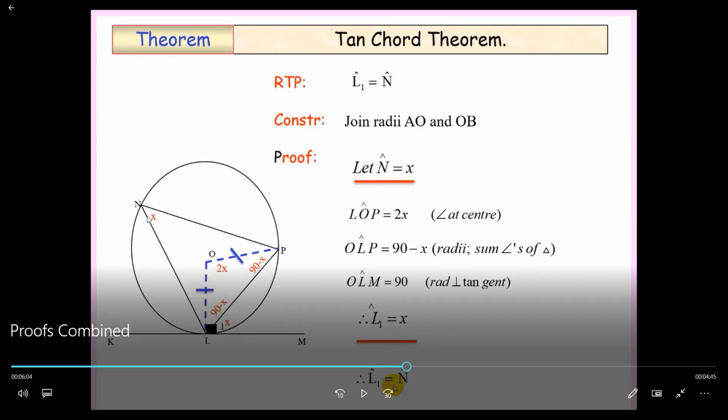So if I call N x, what is angle O? 2x. Why? Angle at the center. Very, very good. So then we got a triangle, but it's an isosceles triangle because OL and OP are radii. So 180 minus 2x, sum of angles of a triangle, divide by 2, got your 90 minus x. And we know that angle OLM is 90 degrees because the radius is perpendicular to a tangent. So if this angle is 90,